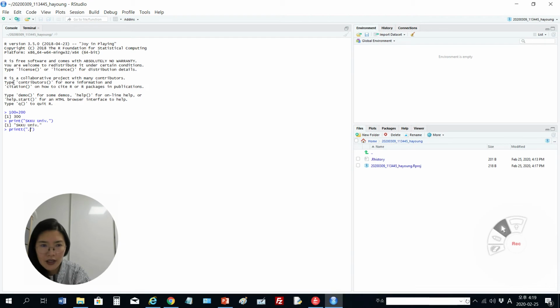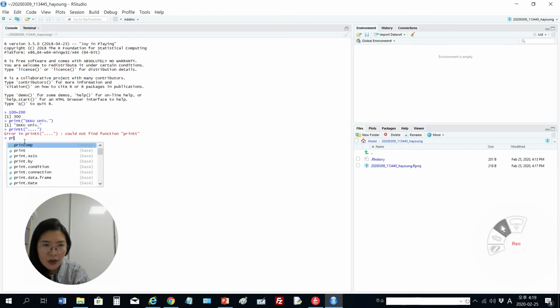If you put in some string and you want to get the result, but printed T is not a reserved word, the interpreter responds, I cannot find the function printed T. So after checking the error in red color, we can see the error. Oh, I made a mistake, so I can print